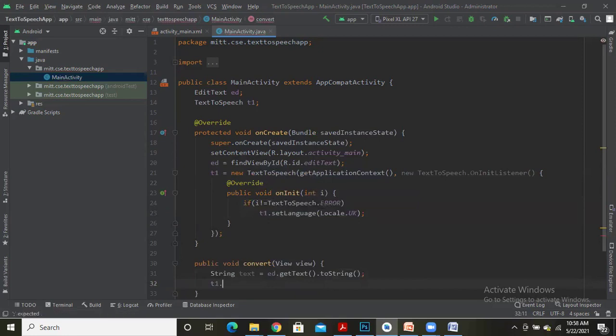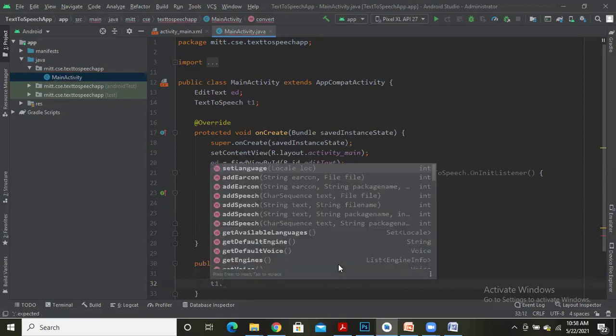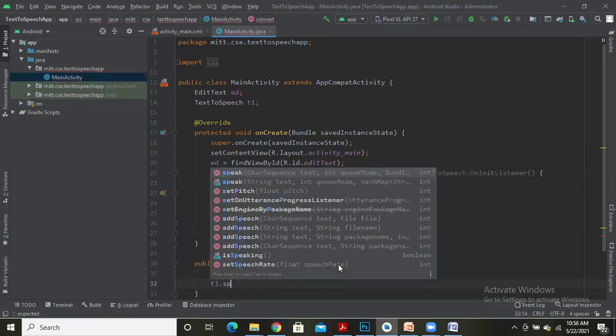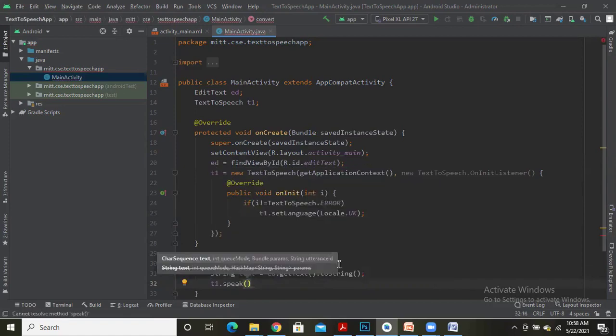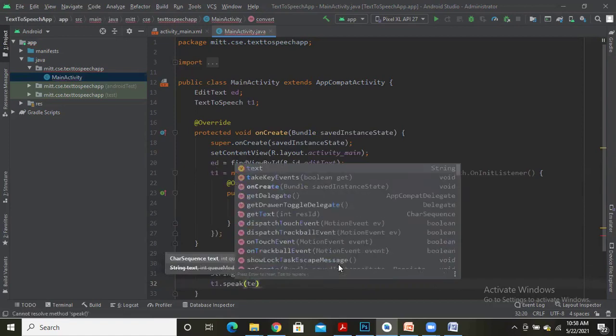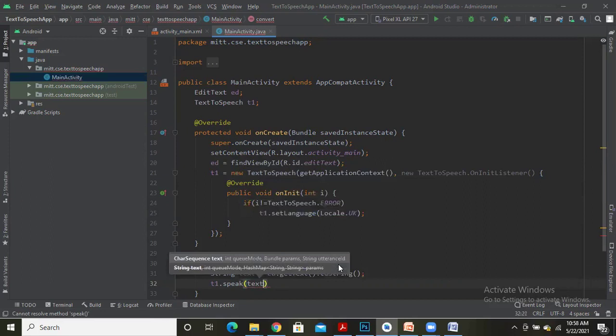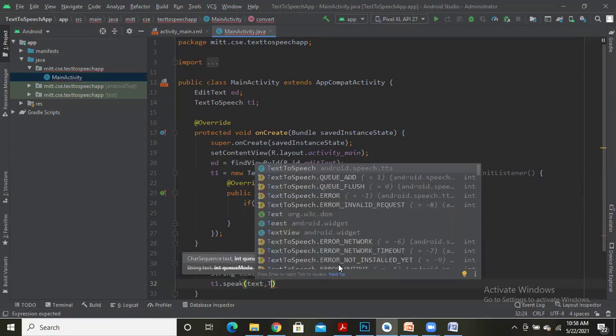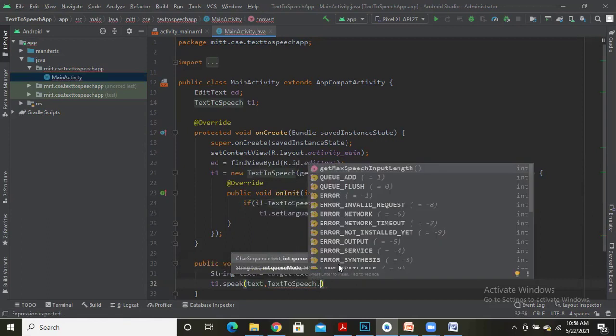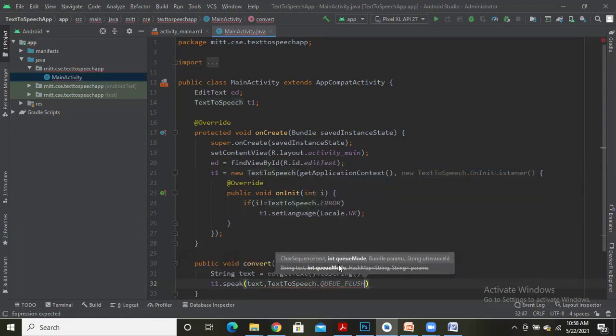Now I am going to call the method speak from the object of the TextToSpeech class, T1.speak. The first parameter is the text which we have read. The second parameter is TextToSpeech.QUEUE_FLUSH. If some value was present earlier, let that value get flushed.